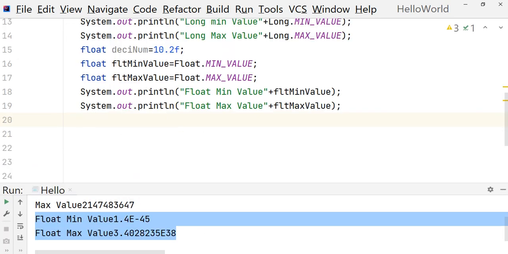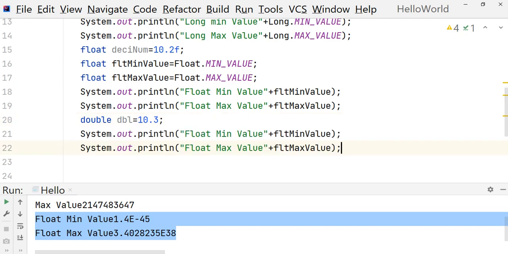Same way, to store decimal values, we have the double also. Let's say dbl equal to, and here you can directly give 10.3 or 10.2, whatever, and here you don't need to mention d or anything. So here we mentioned f for float, but here you don't need that. And double is the most preferred way to store decimal values.